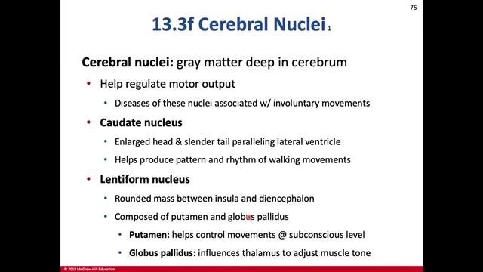And what they do is they regulate your motor output, all right? The caudate nucleus has a head and a tail that parallels the lateral ventricle, and it produces pattern of rhythm and walking movements. The lentiform nuclei is a rounded mass between the insula and the diencephalon made of the putamen and globus pallidus. Lentiform means lens-like, and this is because it looks like a lens if you cut it in a coronal section, okay? The putamen helps control movements at the subconscious level, and the globus pallidus influences the thalamus